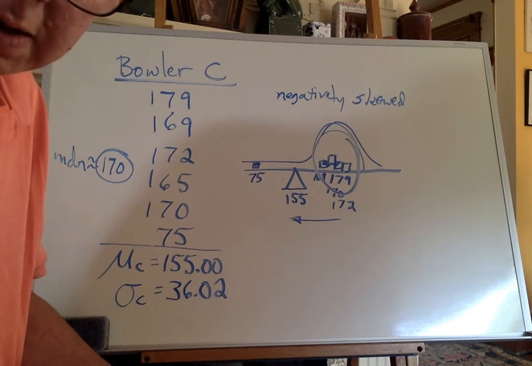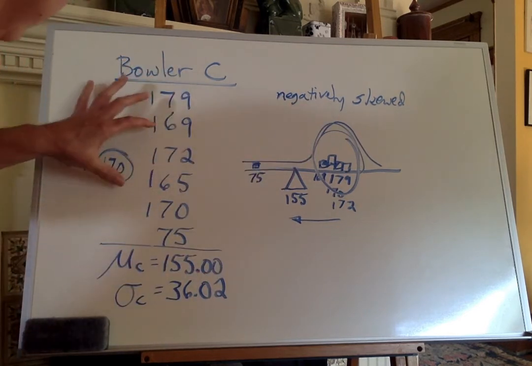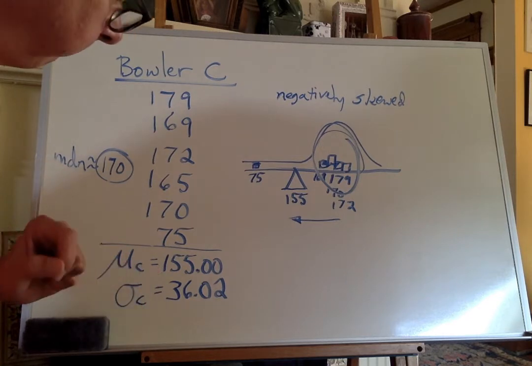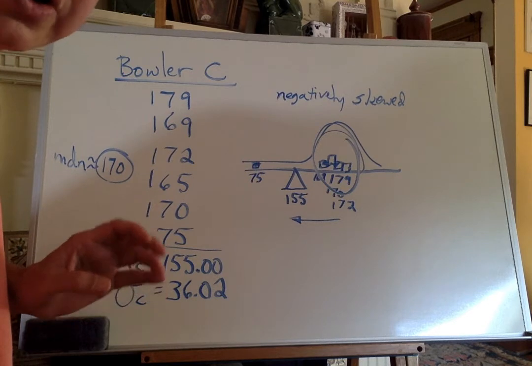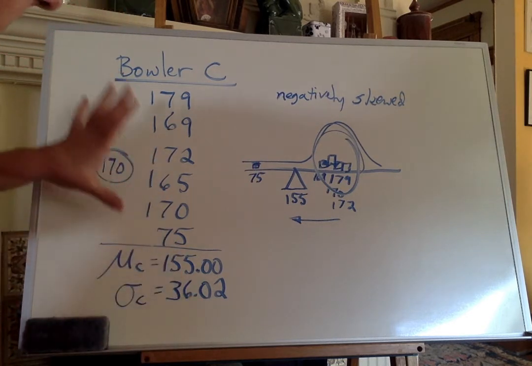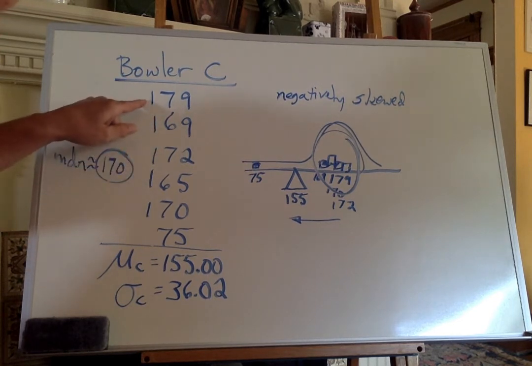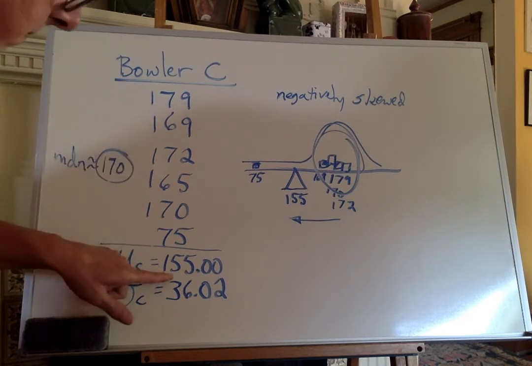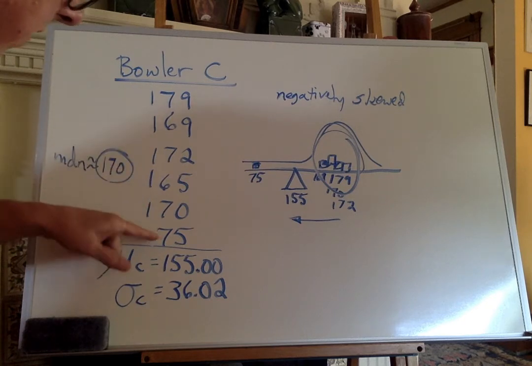And so this is a better description of the data set than this for central tendency, okay? There's also an equivalent alternative for standard deviation, because this is a problematic bowler to describe. What we're seeing is this bowler is pretty consistent, and not at 155, pretty consistent up around 170 with one